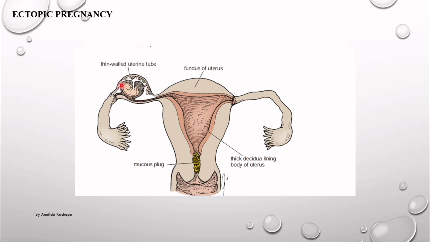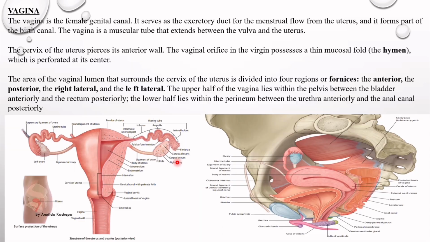Therefore, if implantation happens in the uterine tube, it will rupture, and there will be a lot of blood in the pelvic cavity. Now the vagina is the birth canal and the excretory duct for menstrual flow. Okay, so we see that the vagina